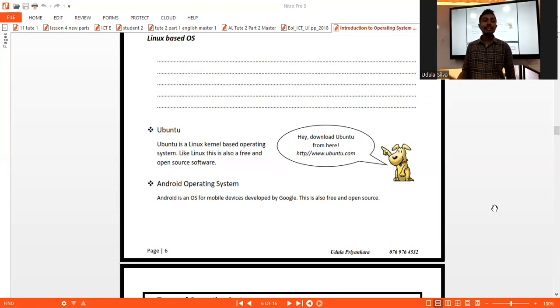Viruses are created daily. Every minute of the day, every second of the day, viruses are created, bots are created, malwares are created. That's why we need to update the spyware definition, virus definition, antivirus definition in our computer. Because new viruses are created every day, right? In Linux also we have viruses, but compared to the other softwares,